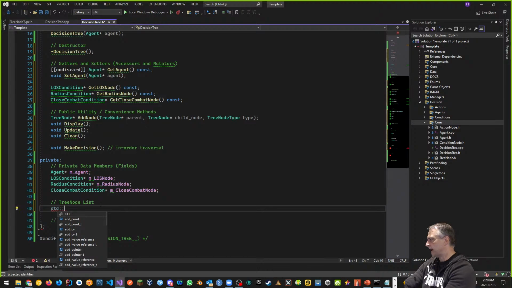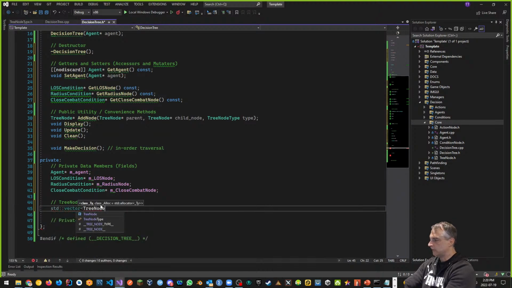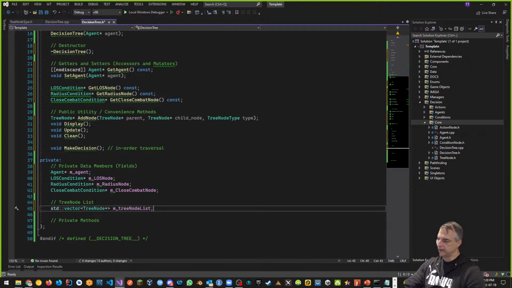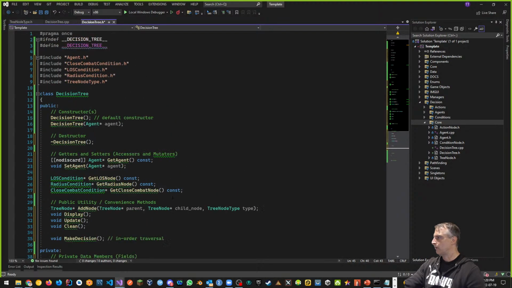And we're also going to have a vector of type tree node pointers that we're going to call m_tree_node_list. Okay, so we want to keep track of all the nodes inside of the tree, and so if I need to do a traversal or a removal or something like that, or a printing, I can do that much easier. One thing you can see here is that I have not included the vector so far,